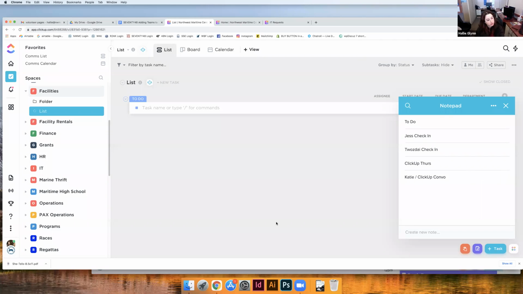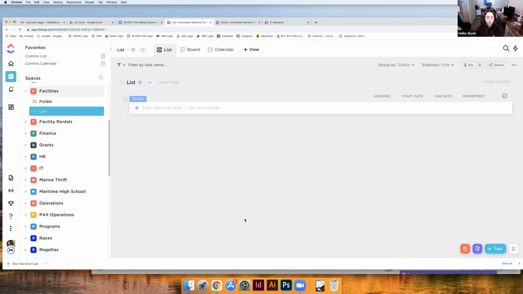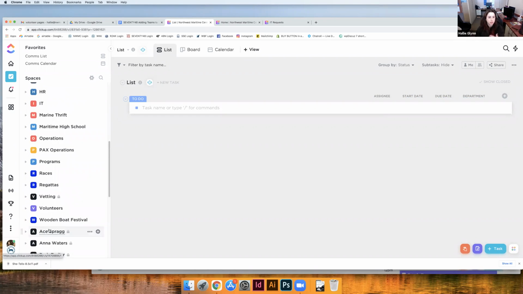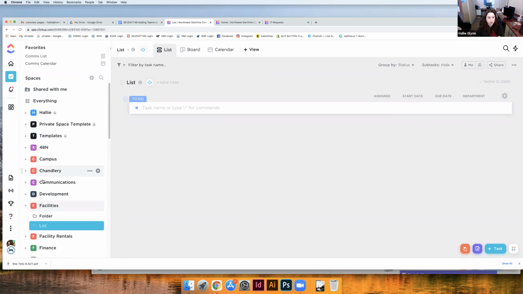Okay. So really quick, we'll also talk about how tasks sometimes will just be coming from your manager. I'll just keep it in communications. Maybe something comes up and I think, oh yeah, I need Jess to send an email about XYZ. So in that scenario, via the Chrome extension, this quick button down here, I'll create a task and assign it to Jess. And this is where my standard as a manager, and what I think we should agree to as a team, is that we are giving our team members the option to